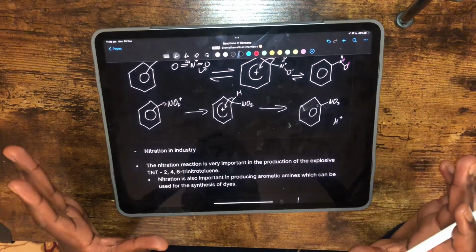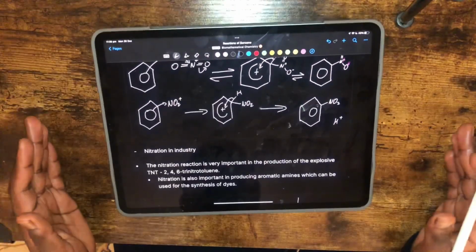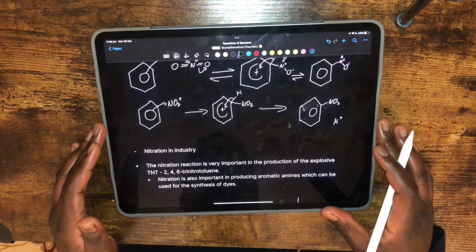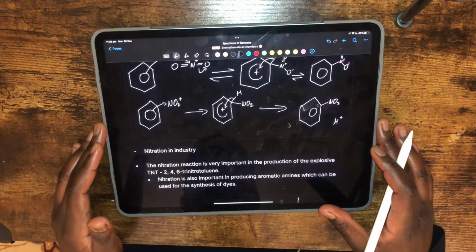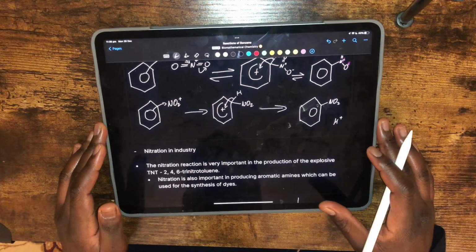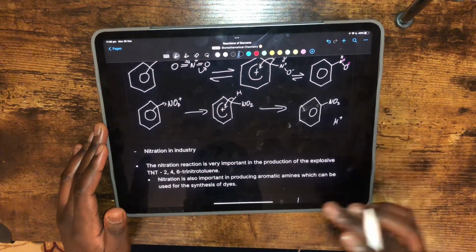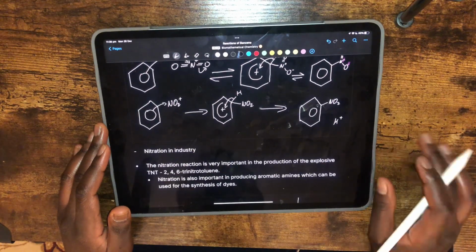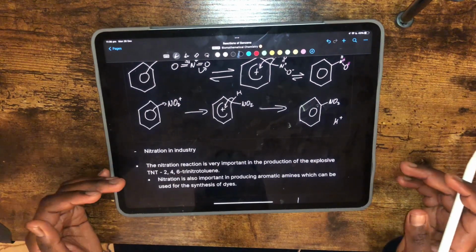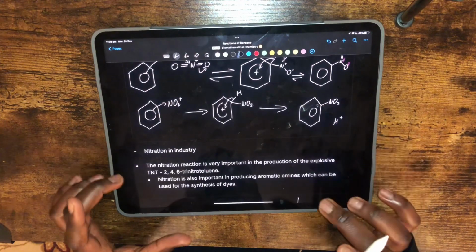But TNT. I'm not talking about the Minecraft one. I guess the Minecraft one is the one that everyone really knows. But yes, the nitration reaction is very important in the production of the explosive TNT, 2,4,6-trinitrotoluene. Nitration is also important in producing aromatic amines, which can be used for the synthesis of dyes. I think you can use it as cationic surfactants as well. There's a list of things that benzene is used for, but nitration specifically, dyes and